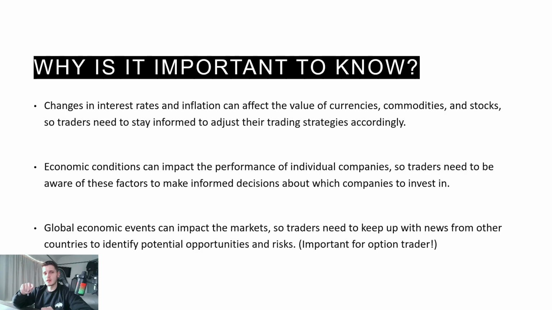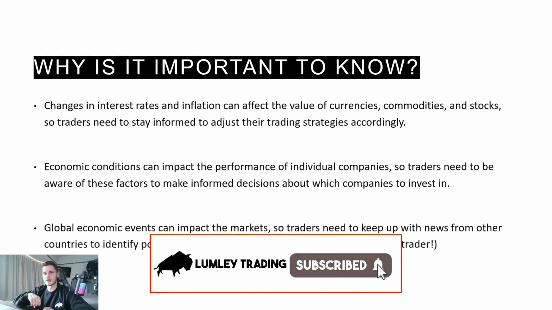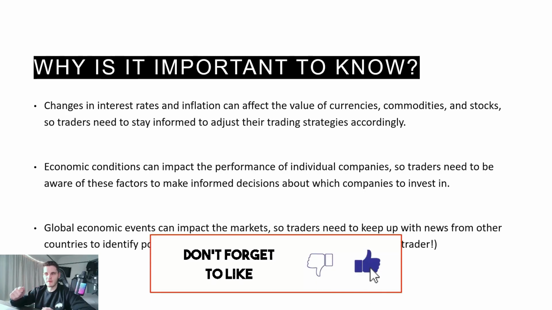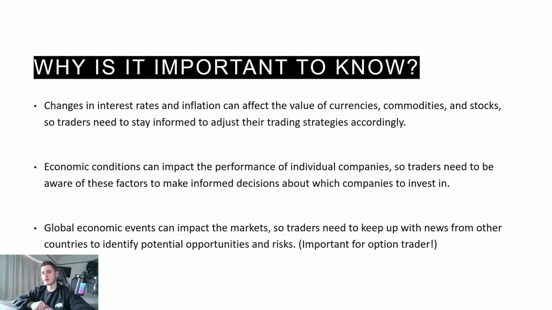So for me, it's really important to know when these events are, because if I'm looking to take any potential swing trades, I'm going to check if there's events coming into the expiration of those contracts. Let's say I get a 5-day expiration contract. I want to make sure there's no big news events within that time or on that expiration date. And the reason for that is it's really going to affect the price of those options.